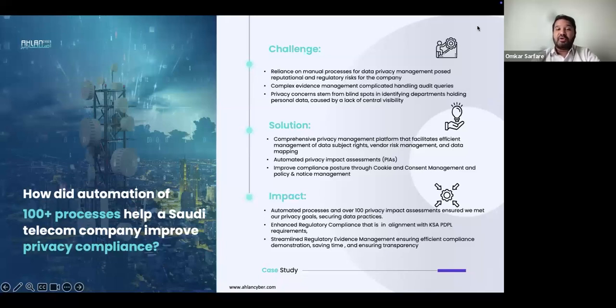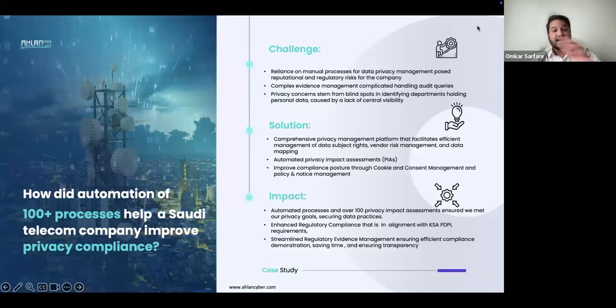So through this particular module, we could quickly spot and resolve any compliance-related gaps, essentially further tightening overall security and governance. The results were immediate and transformative. Automated workflows streamlined day-to-day operations, significantly reducing error and manual effort. So the telecom operator could now respond to the audits in a fraction of the time that they were